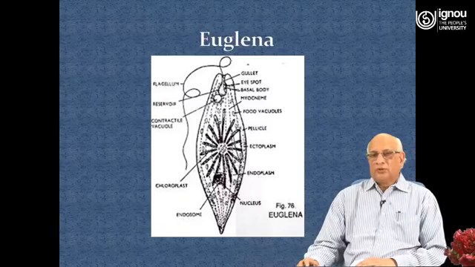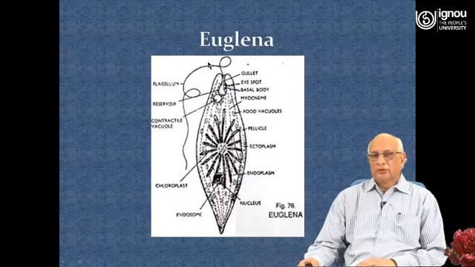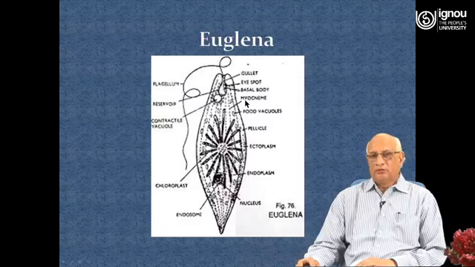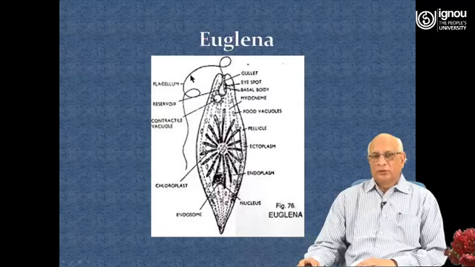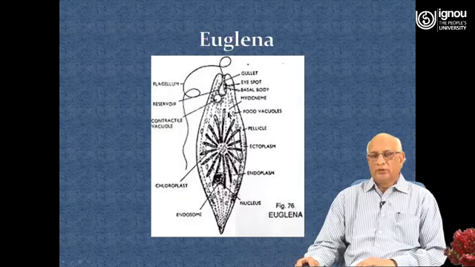As the flagella is only on one side, so whenever the effective stroke is used, the animal is moving to the anterior direction with some tilting to the right side if the flagella is present on the left side. If flagella is present on the right side, then it will be tilted to the left side. So a screw-like movement will be there in the Euglena when it is using the flagella simultaneously for effective stroke